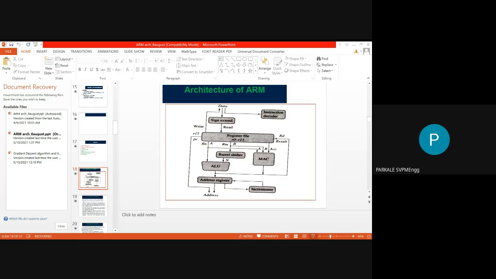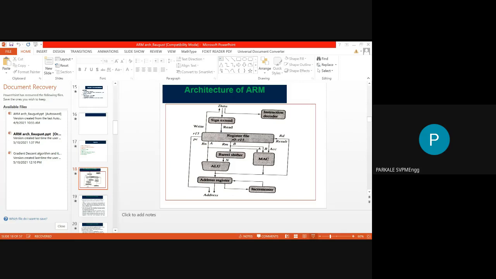Your actual data may be of different types. It may be 8-bit, 16-bit, or 32-bit. We know that ARM can operate on 8-bit, 16-bit and 32-bit types of operations. Now if your data is 32-bit, it is great. But if your data is 8-bit or 16-bit, then you need to process that data through the sign extend hardware.